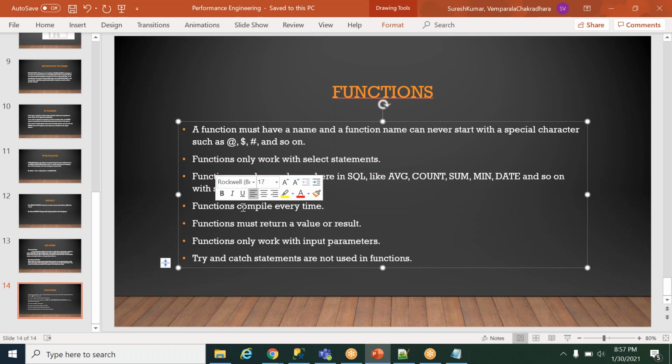And functions compile every time we run a query. If we are using a function, the compilation will be done at that time itself. Functions must return a value or result, because a function will always return a value. Without a return statement, a function will not exist. Stored procedures need not return any value.